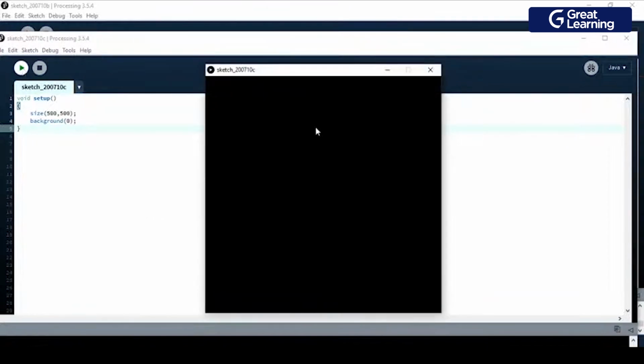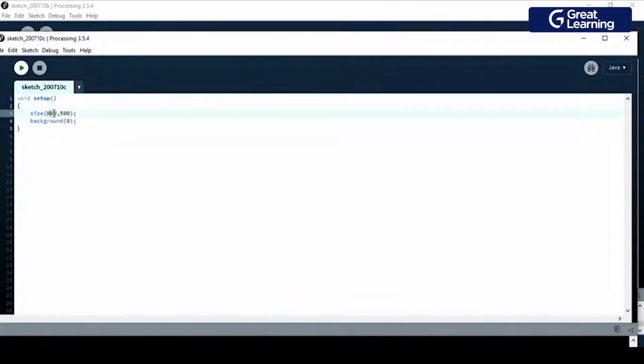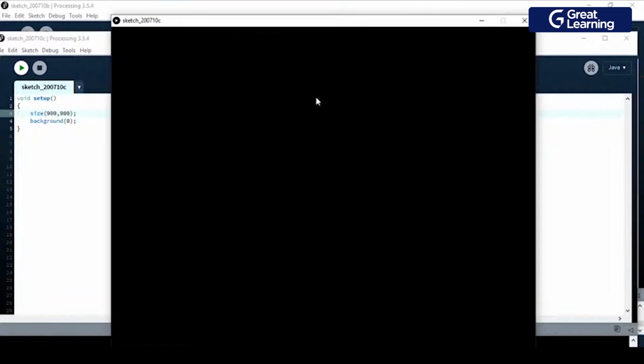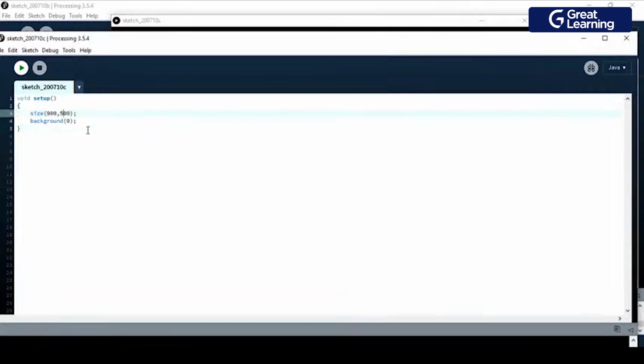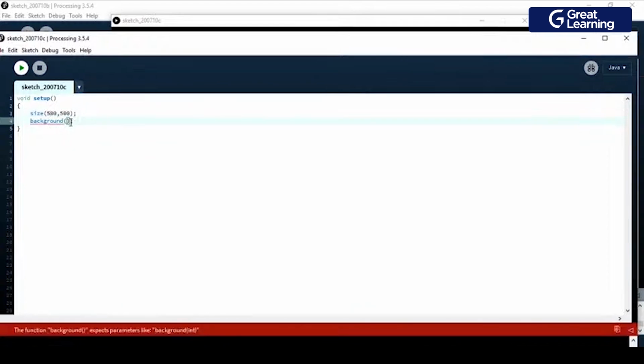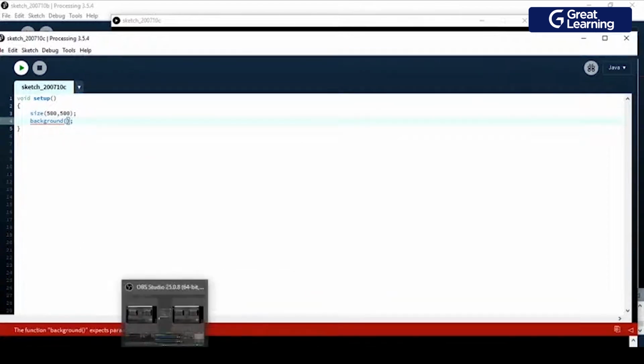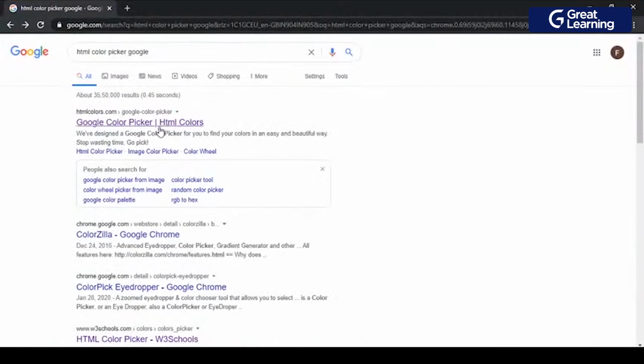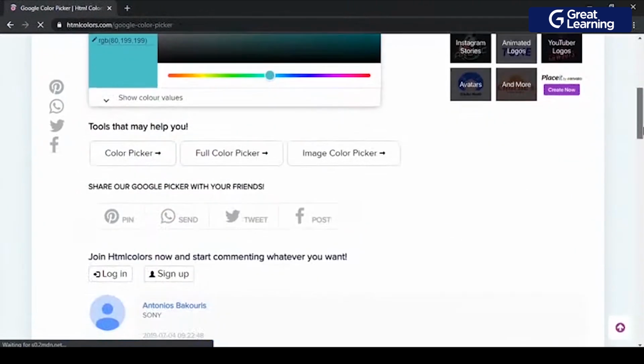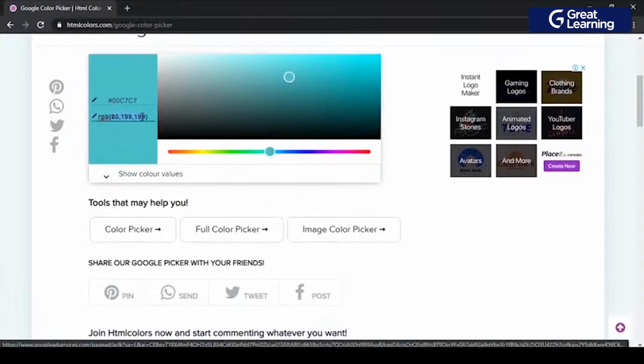And you see this is the screen that I got. If you want to change the size, you can easily change it. Writing this simple thing in Java would take around 25 lines of code. When we click run again, you see the window size has increased. When we set it back to 500 and 500, this zero represents the color. If you want some other colors, there is something called the HTML Google color picker. You just click on this and it will give you a color code, and you just need to copy paste this color, so you don't need to remember anything here.